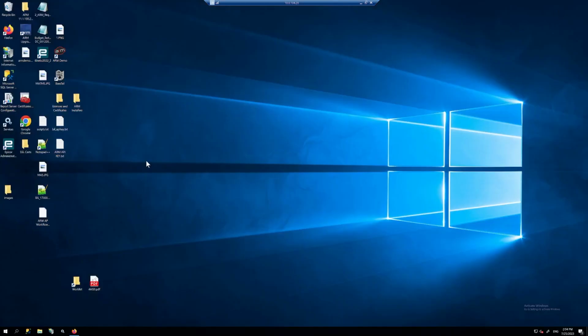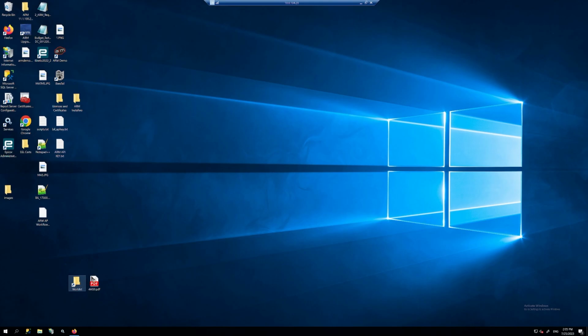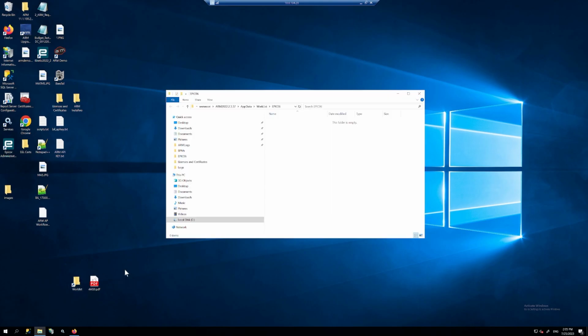In this next example, I've created an invoice very much like the first one, but the difference is I've intentionally made the invoice lines of a higher value. The purchase order that this relates to has lines that are valued at $13.95 per unit. And again, I've intentionally changed this to $15.95 to show you what happens when those tolerances are breached. Okay, so opening the work list, dropping my new invoice into the work list. Now I can go back into ARM,